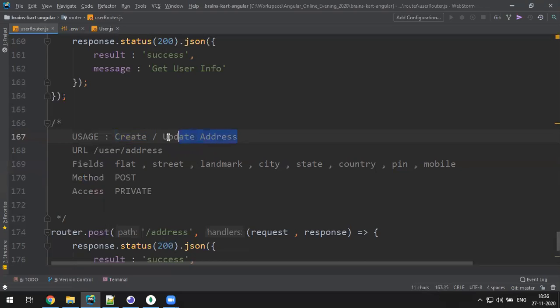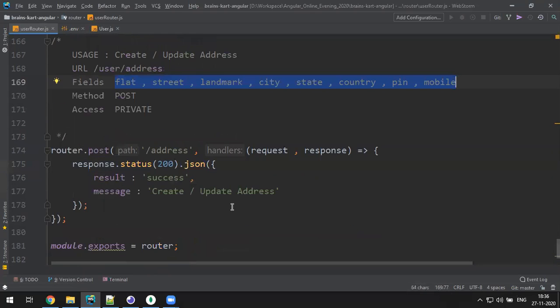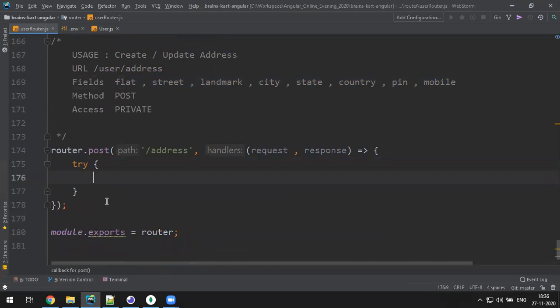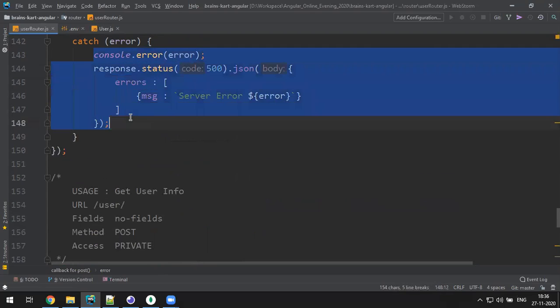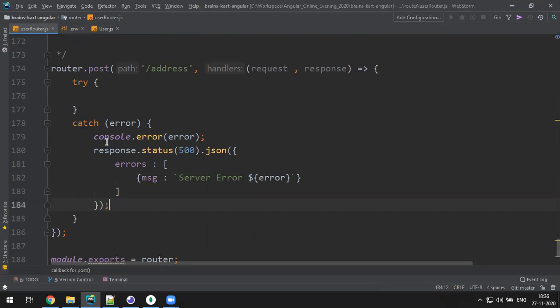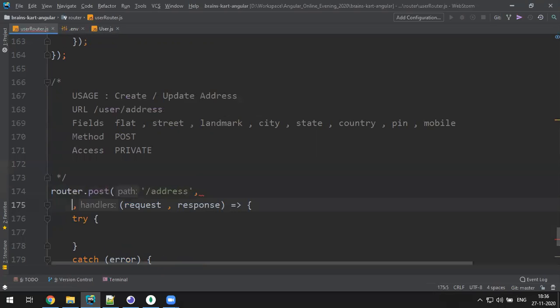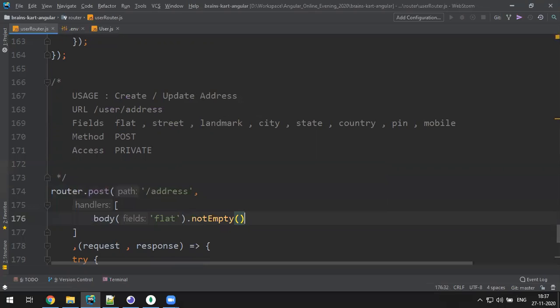So yeah, this is required. Create or update address. I want to update the address. How to update the address: flat, landmark and all, you have to enter. So this is required now. Let's say again try catch. Let's get the error. Catching the error is the same as any other. Paste it. Here for address, you can also check whether all the fields are empty or not. So I just write an array in that body of flat dot not empty. So